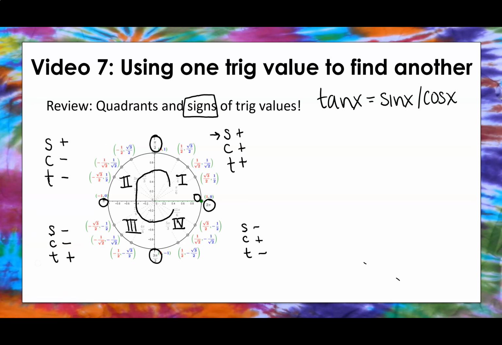So let's use a little hint here. Let's highlight the things that are always positive. All right, here we're going to use a mnemonic device called, oops, let me do that again. All students take calculus,